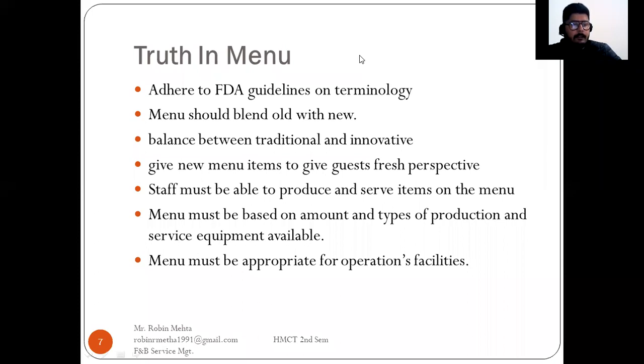You may put abc, xyz, or hundreds of items in your menu, but if the staff do not have knowledge about those dishes, and do not know how to prepare or serve them, guys,